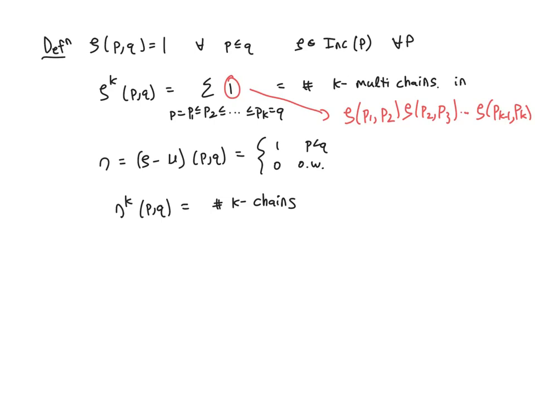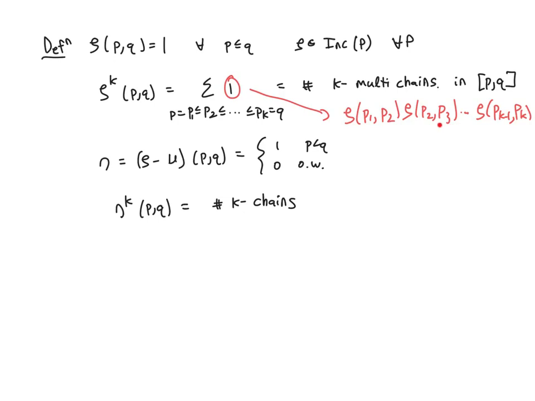Not in the entire poset, just the interval you're interested in. Now, what if you're interested in counting k chains? Well, all you need is eta, which is zeta minus u. So it's 1 when p is strictly less than q and 0 otherwise. Then when you do this convolution,